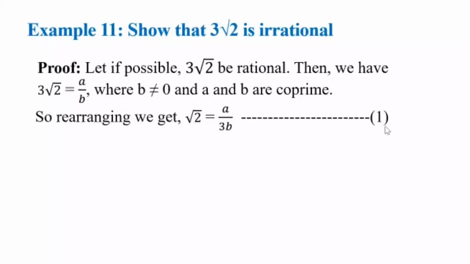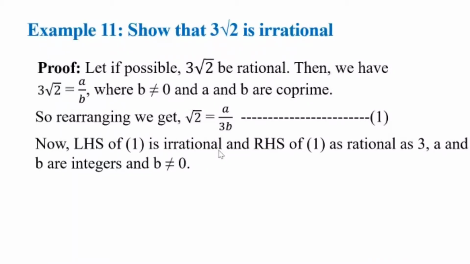I take this as the first equation. Now clearly look at the right hand side of this. a, 3 and b are integers and b is not equal to 0. So I get that a upon 3b is a rational number. But I know that root 2 is irrational. Now can an irrational number be equal to a rational number? No, I cannot get LHS of 1 to be equal to the RHS because a rational number cannot be equal to an